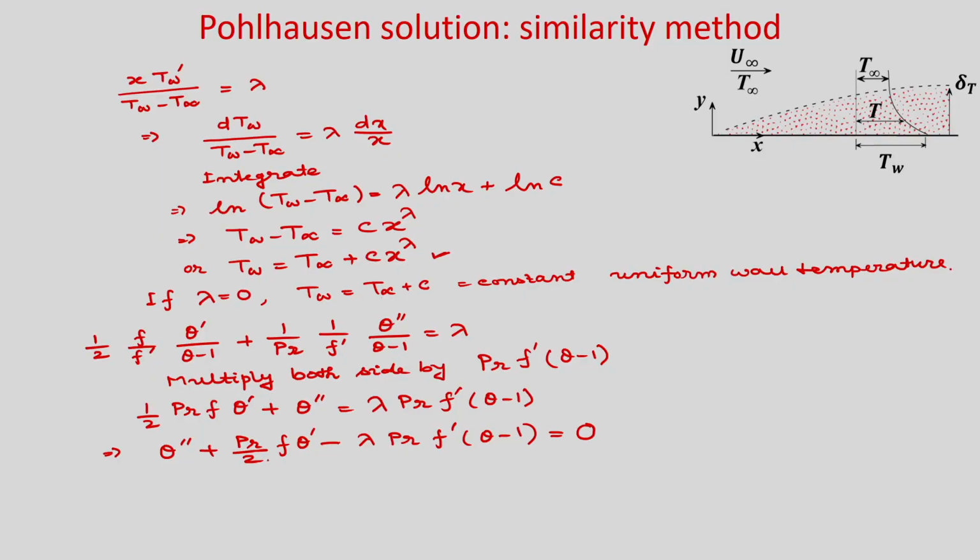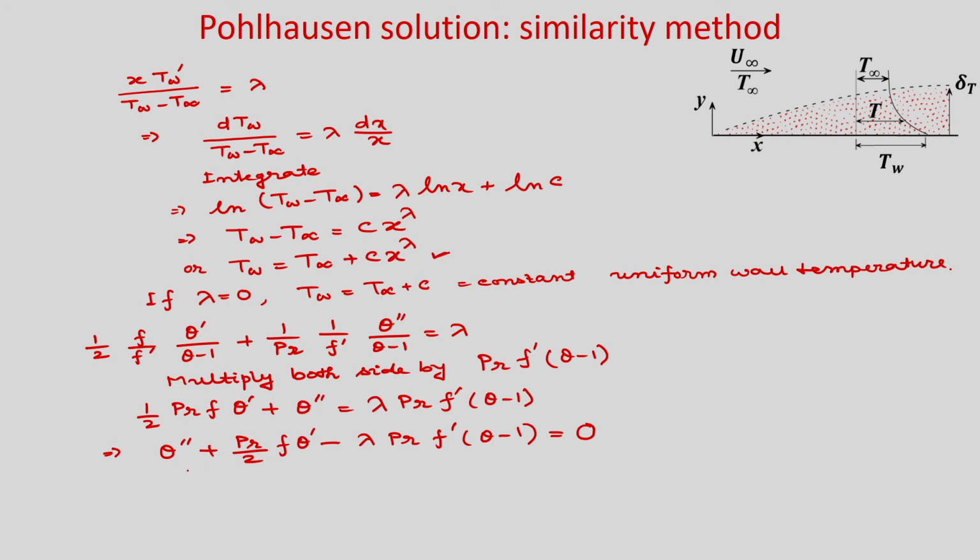So, we started with the partial differential equation and we used similarity transformation and transferred this partial differential equation to an ordinary differential equation for Prandtl number not equal to 1 as well, because it is a function of Prandtl number. So, that means similarity solutions for this temperature distribution exist, and we could get this second order linear ordinary differential equation. You can see this is second order, and as f and f prime are known from the velocity distribution, obviously this is a linear equation.